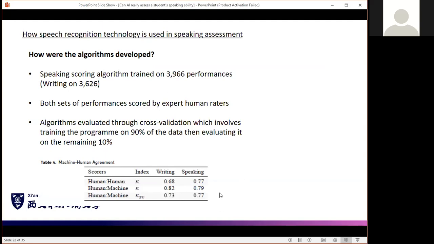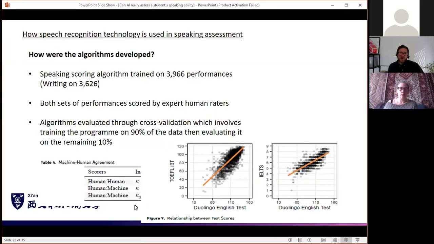For speech it was higher, for over three quarters of the time two humans will agree. I think it is quite strong support for their algorithm working, and that's that the Duolingo test